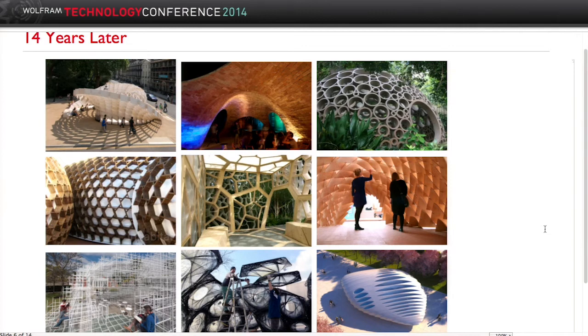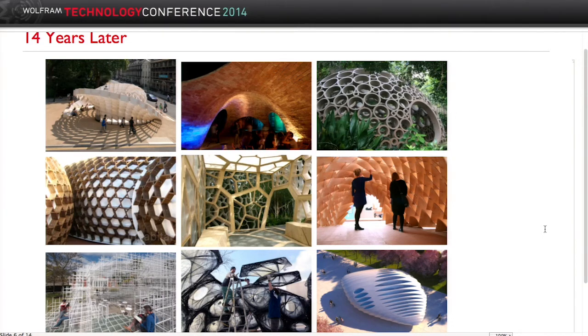But of course, I also want architects who are doing these things to be able to take advantage of the breadth and the depth of computation in the Wolfram language to do even better exploration. But of course, the problem is Mathematica doesn't have the kind of visual, designerly interface that the designers need to do 3D design, and those programs don't have Mathematica's functionality. So the obvious thing to do is to couple Mathematica and a 3D design program, get them to cooperate in